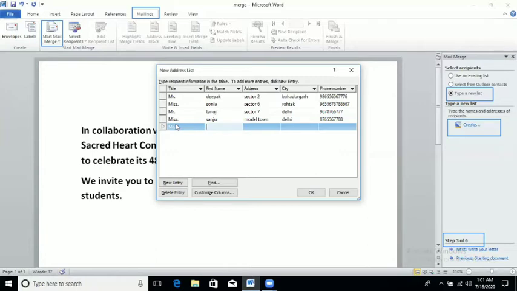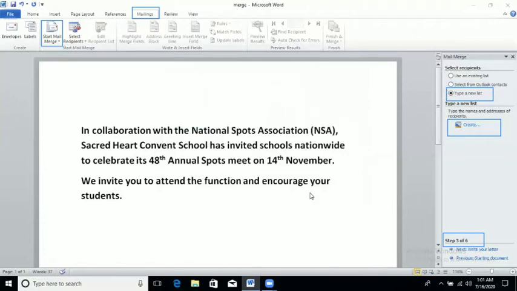By using the Tab key you can go to the next one, or by using the mouse also, you can go to the next one. So I am ending my data source here. I have entered five records because I want to send to five persons. Clear? Click on the OK button.